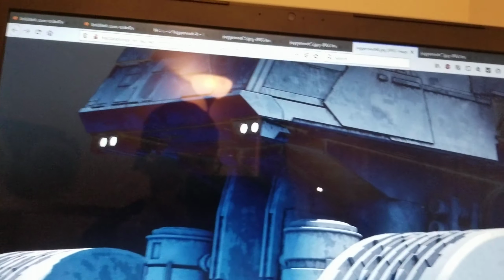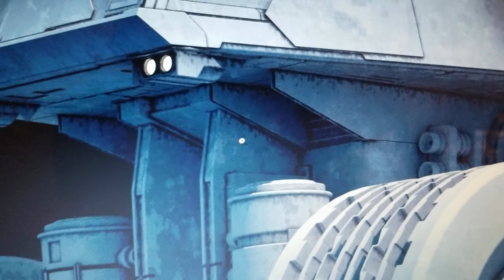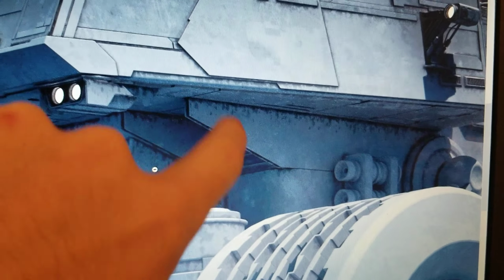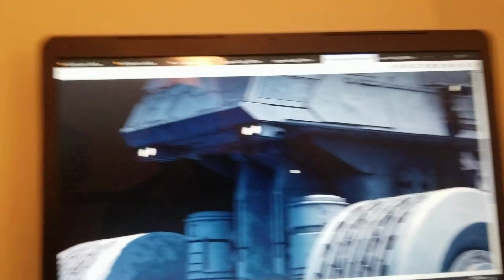So this is the quote-unquote back of the model. And as you can see here, there's these triangular pieces. I'm going to use a SNOT technique so it's not on top with those bracket pieces and build outwards like this, and then it'll connect to the main body. That's the back. On the front,